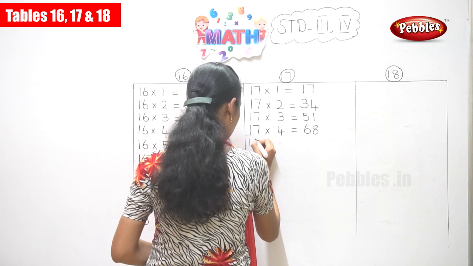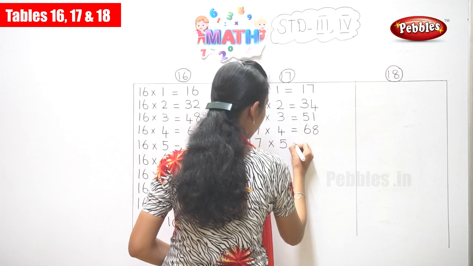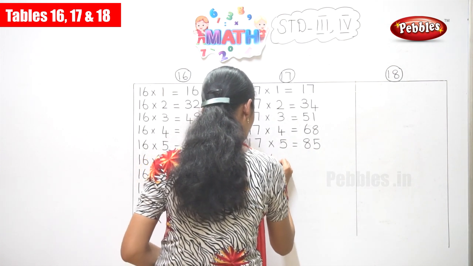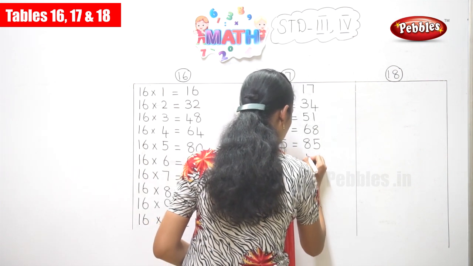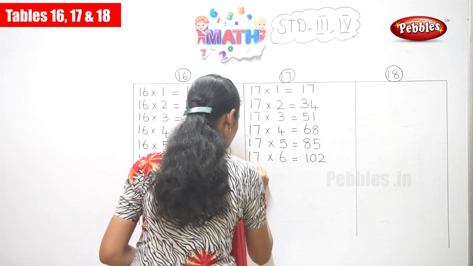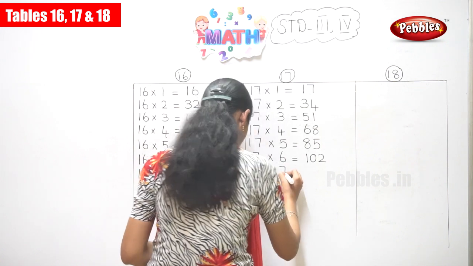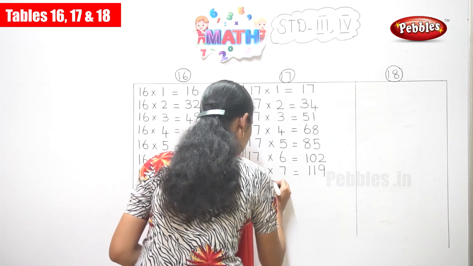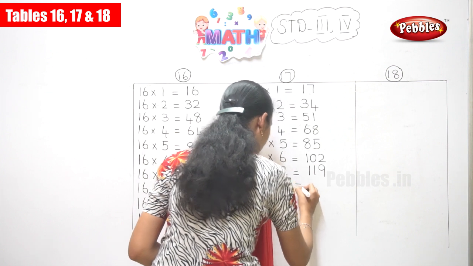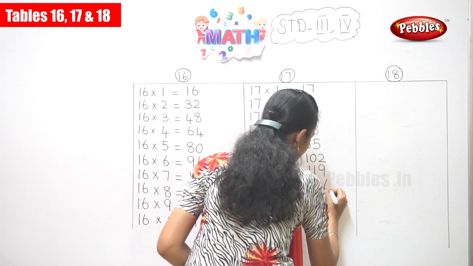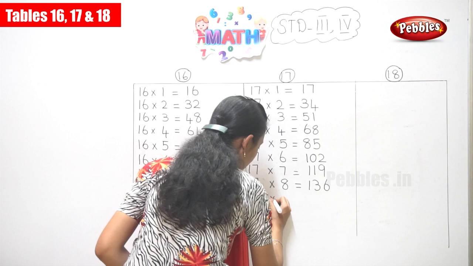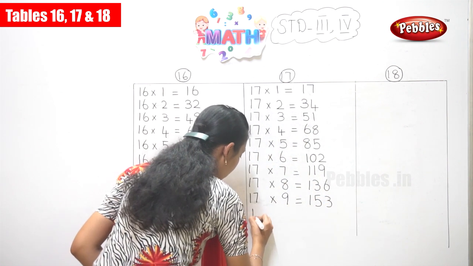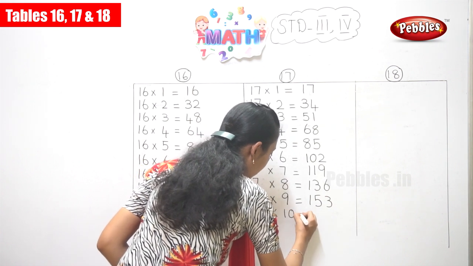17 into 5 is equal to 85. 17 into 6 is equal to 102. 17 into 7 is equal to 119. 17 into 8, it's equal to 136. 17 into 9 equal to 153. 17 into 10 is equal to